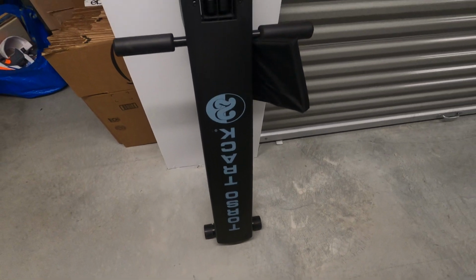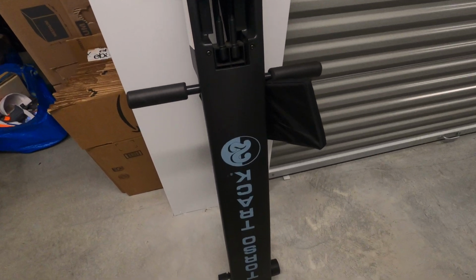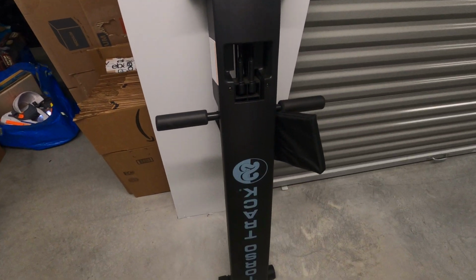So I sold this Torso Track 2. It's like an abdominal workout machine. Paid $10 or $12 for it from Goodwill, and it sold for $172.50. Not a bad sale. You can actually take these handles off. They just unscrew, and I'll just have one slim package to throw in a box and